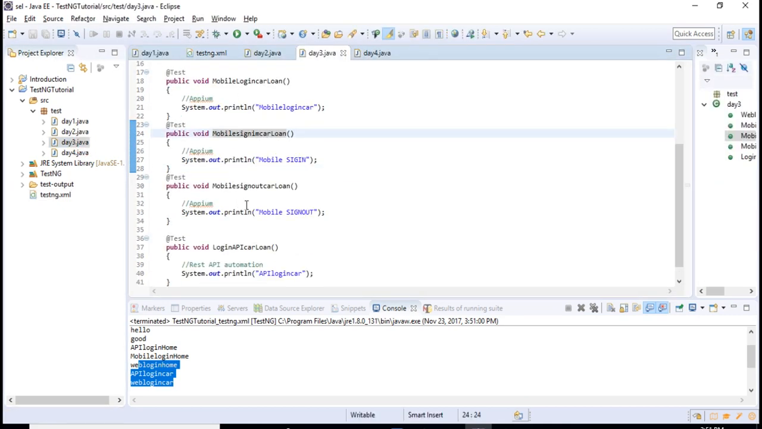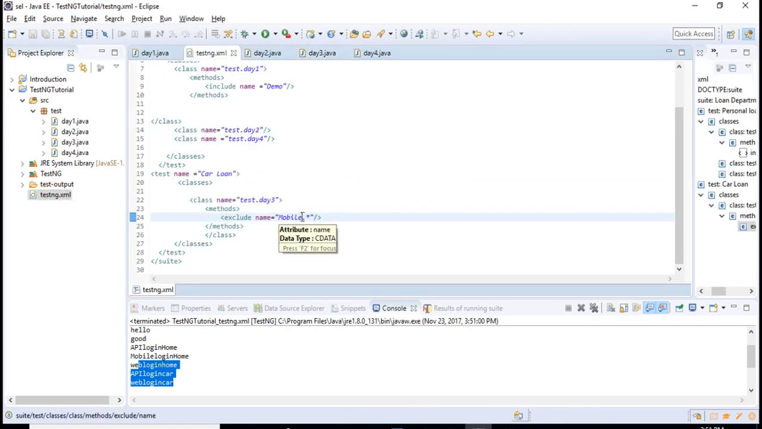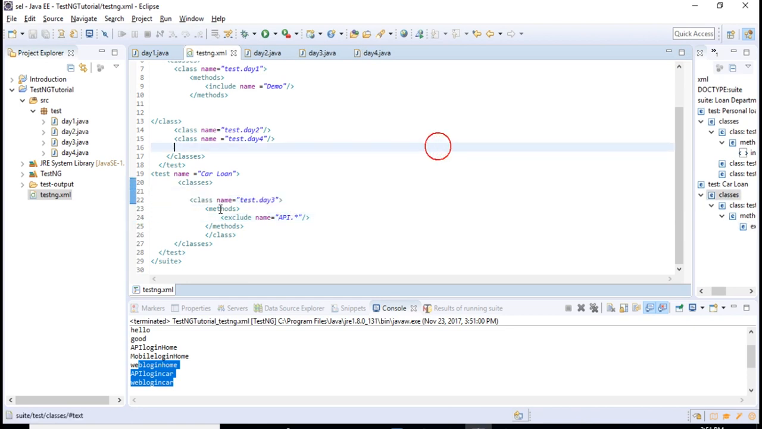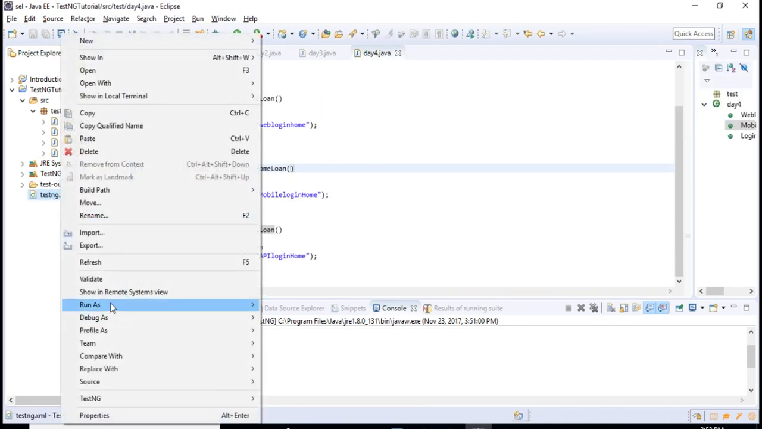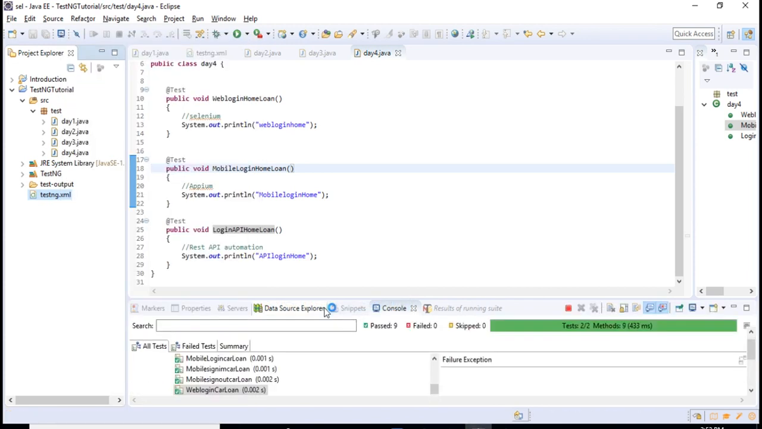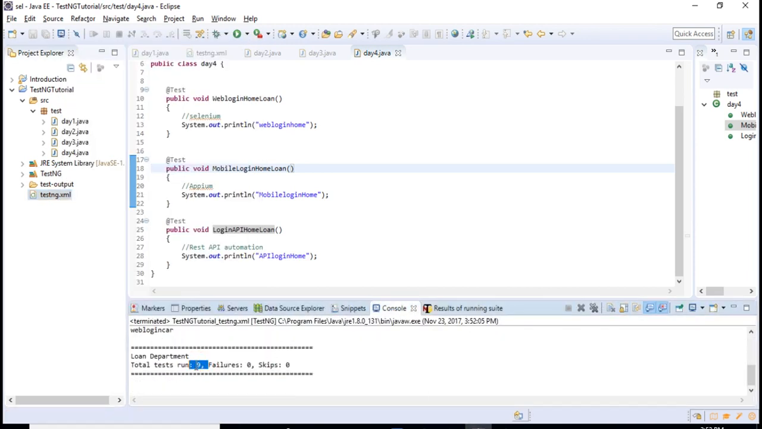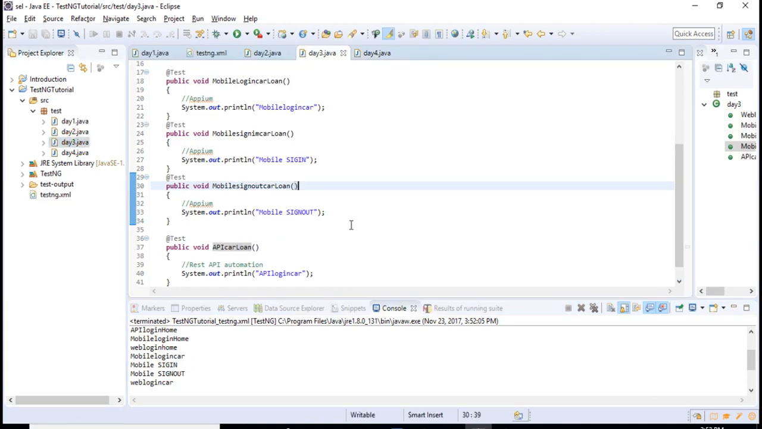Okay, and now let me change this API name, API car loan. Now if the client asks you to eliminate test cases which belong to API only, and assume there are many, you can simply come here and change it to API dot star. So all test cases which begin with that keyword will be eliminated. Let me run this test, and now you see the count will increase and you will see all the mobile test cases. 9 tests this time. You see mobile sign in, mobile sign out, all are there,